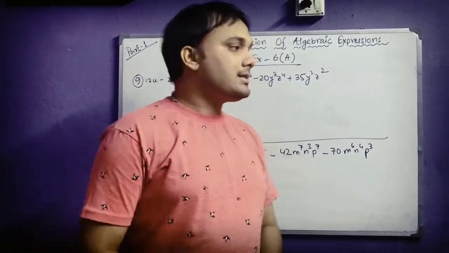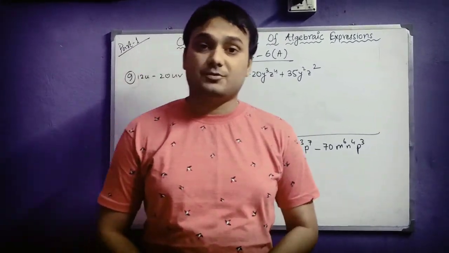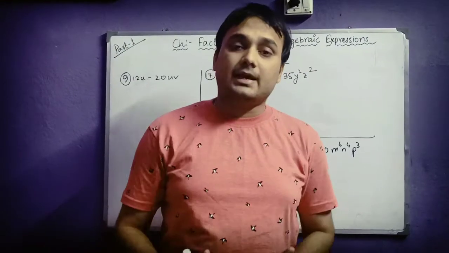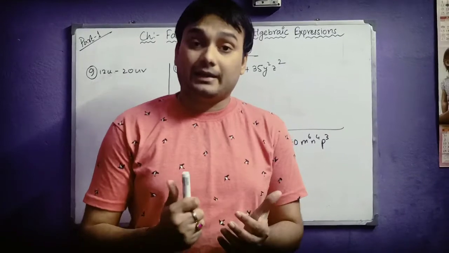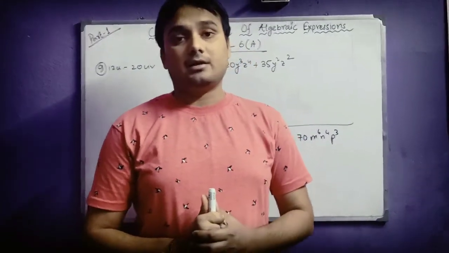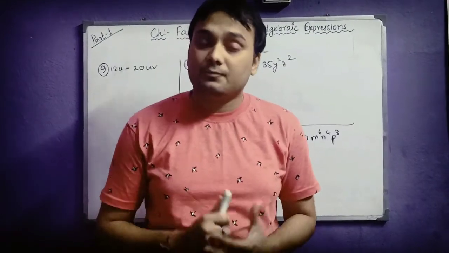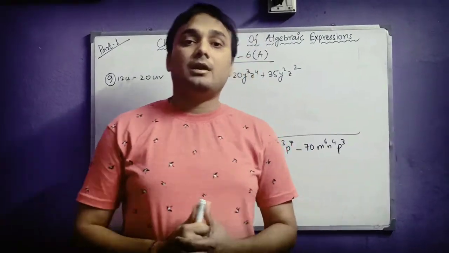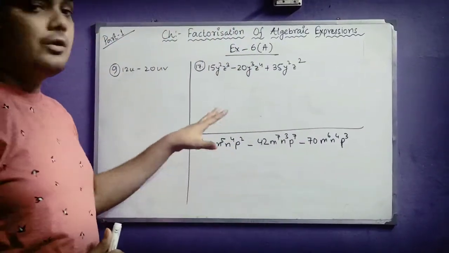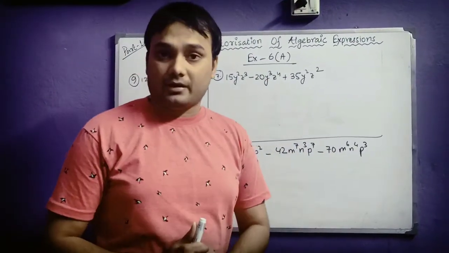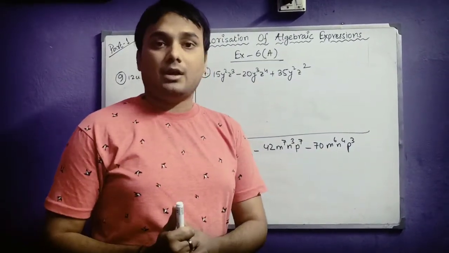Okay, so first you have to know which basic concept this first exercise is dependent upon. This exercise is dependent upon the main concept that we will be getting a monomial as a common factor among different terms. Now you know very nicely what a monomial is. Monomial has only one term. So in all these 3 questions you will get only a monomial as your common factor, which you have to take out, and then you have to factorize.